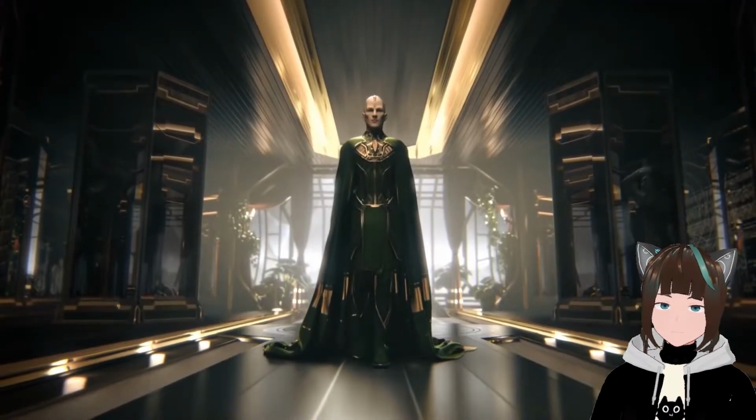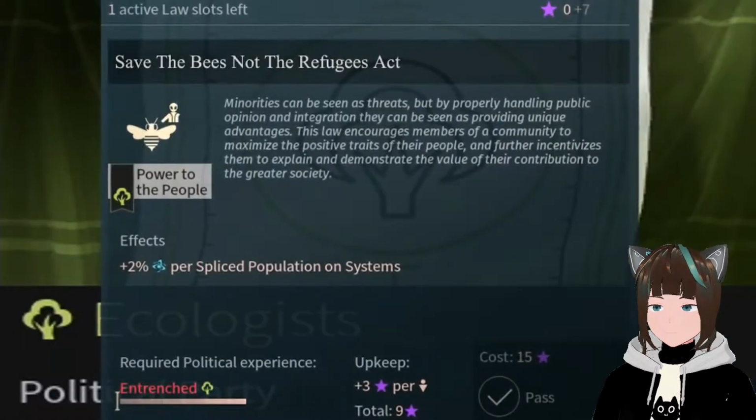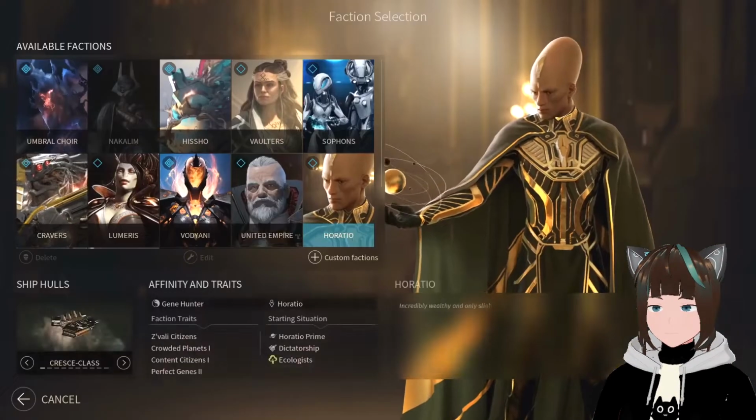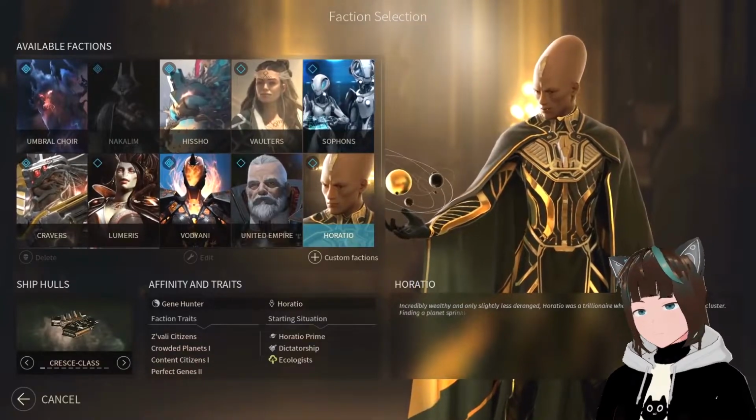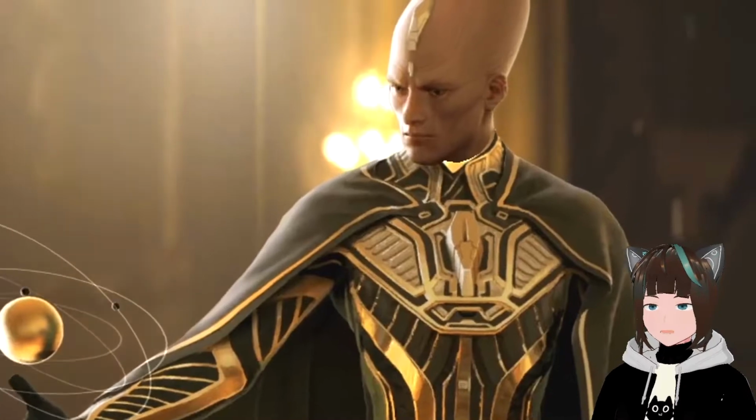Horatio is concerned with pressing matters such as air conditioning. His government, accordingly, is an eco-fascist dictatorship. Make Horatio great again. Of course, there are other less fortunate species than Horatio,